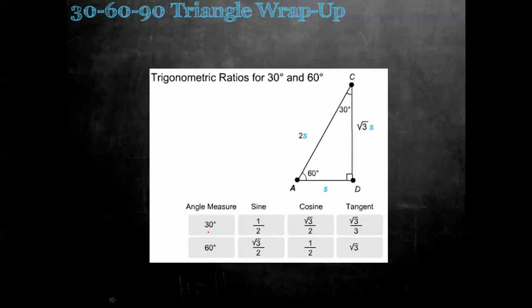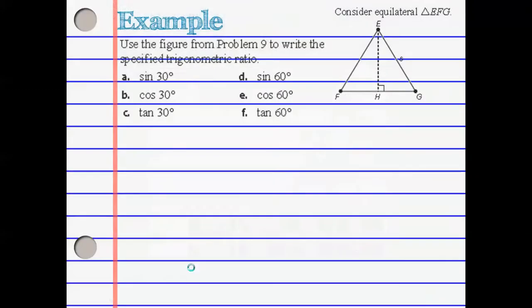If the angle measure is 30, sine is 1/2, cosine is square root of 3 over 2, tangent is square root of 3 over 3. If the angle measure is 60, sine is square root of 3 over 2, cosine is 1/2, and tangent is square root of 3. So here it says use the figure from problem 9, which here the figure is